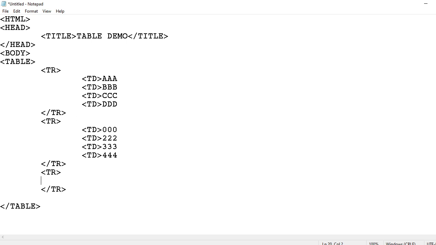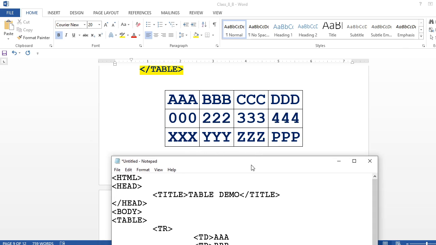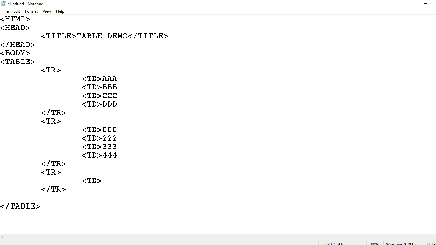Then I am going to create the table data in the third row: X, Y, Z, and P. So I am going to write here X. Then again table data Y. Then again table data Z. Then again table data, P.